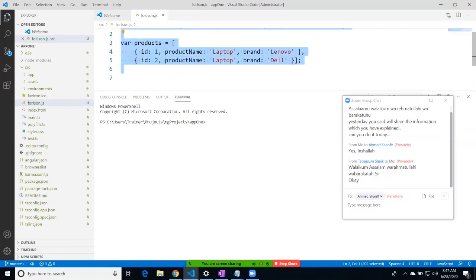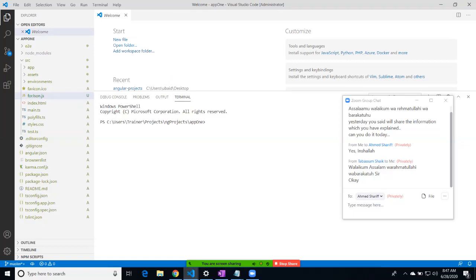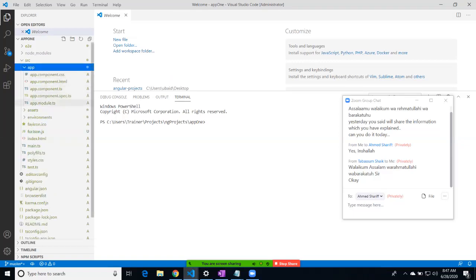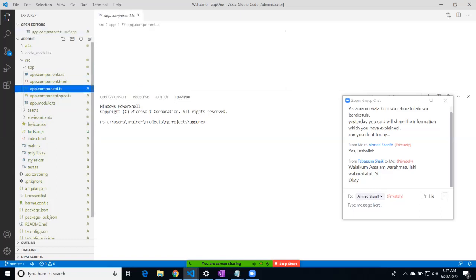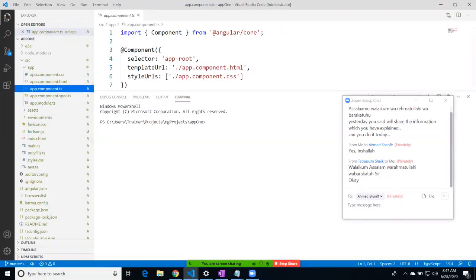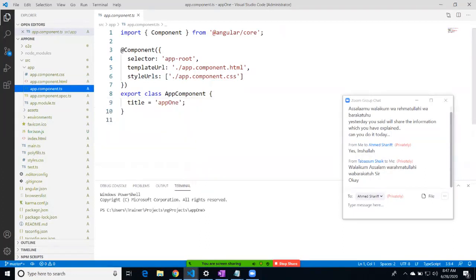Or actually, I'll just copy this data from this file and get it in our app.component. So if you look at what Angular has created for us through its scaffolding, it's just one component for us to get started with. So what did it create? It created for us, as part of the component,